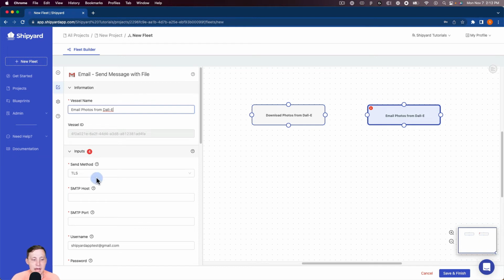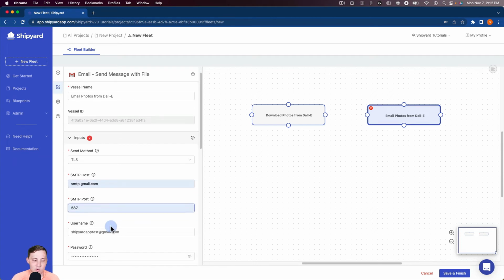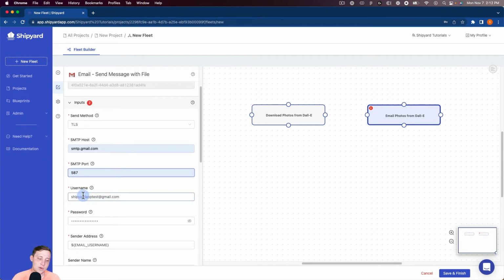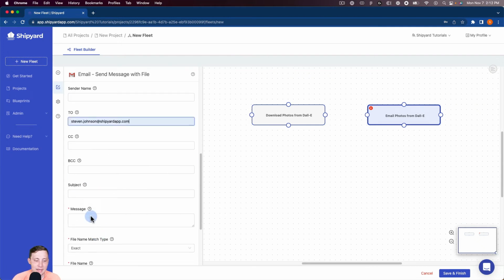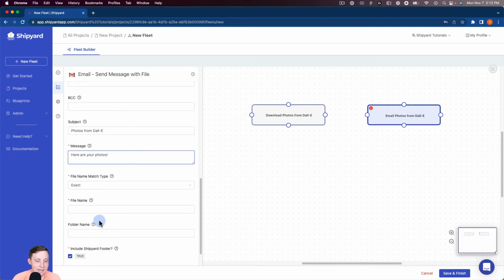There we go. So the host is smtp.gmail, port 587. Username and password leave the same. And I'm gonna send this to myself with a subject line, photos from Dall-E, and then here are your photos! Exclamation mark. We want to do a regex match because again, these are going to be names